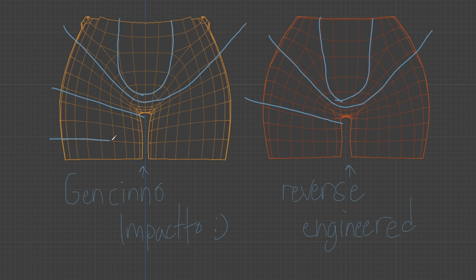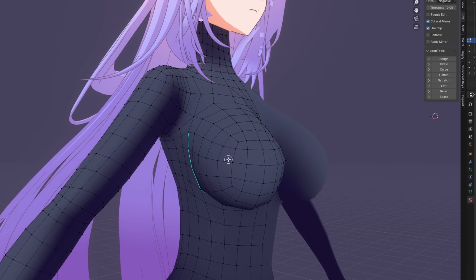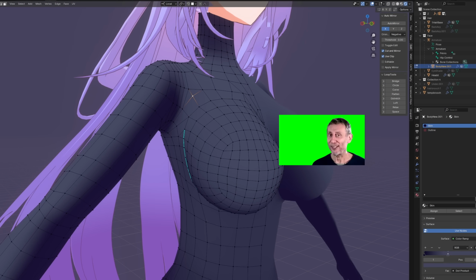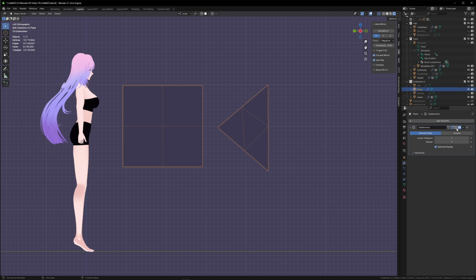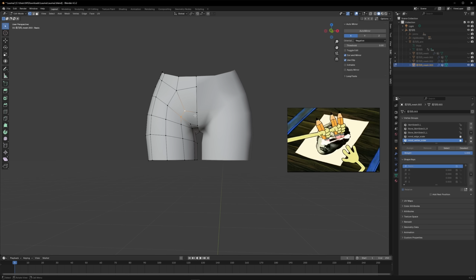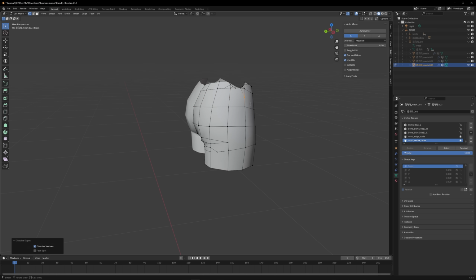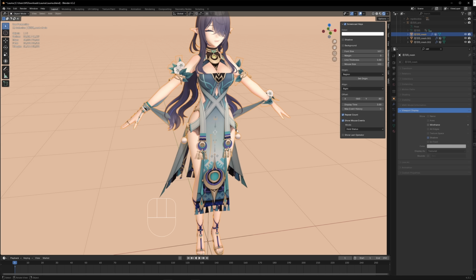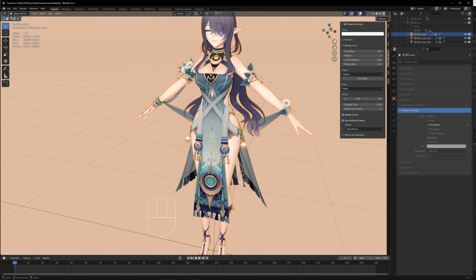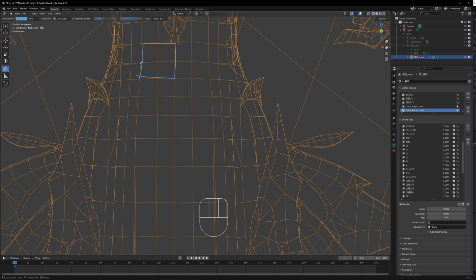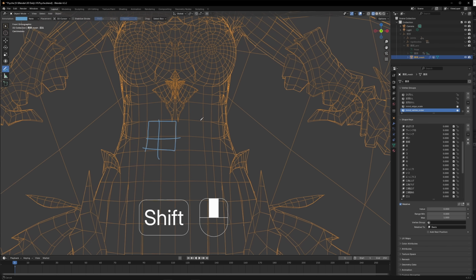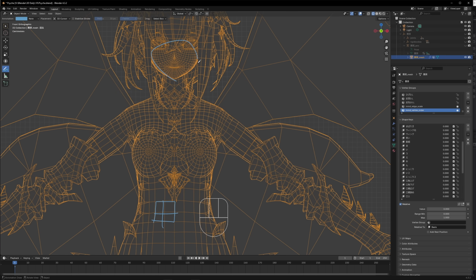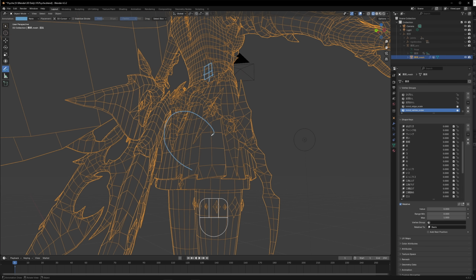So on today's episode, a technique used to increase mesh detail in important places. Why triangles are a necessary evil in the world of 3D, and how I use the SpongeBob technique to uncover Hoyoverse's secret sauce. Anime style models usually have highly contrasting mesh density. They're fairly low density in most of the body, but this density can abruptly double in areas like the face, boobs, or actually this